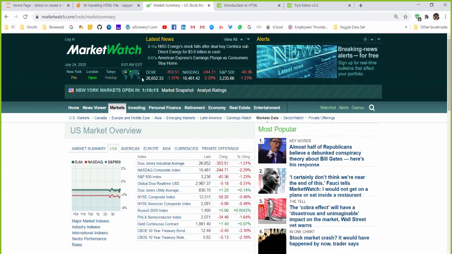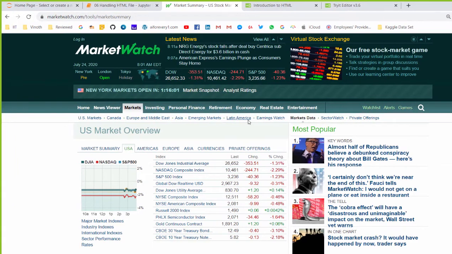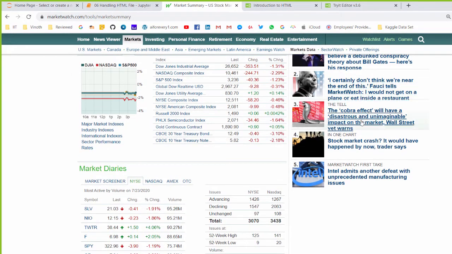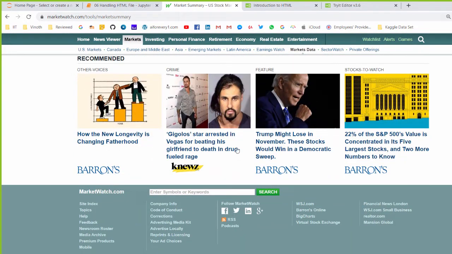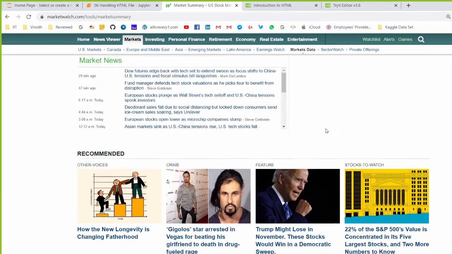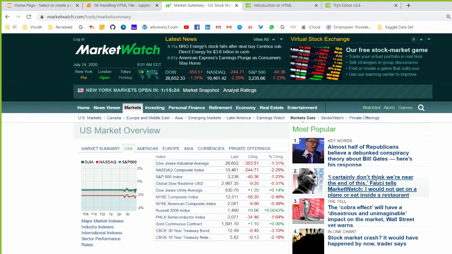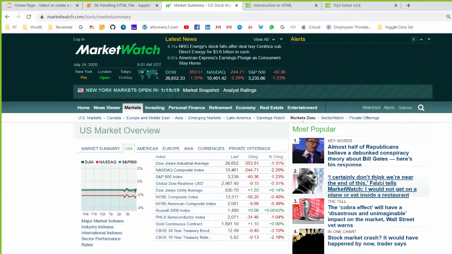Let me explain with an example. We will be using this website, Market Watch. Web scraping is nothing but trying to retrieve all the elements or values present in a particular website. It can be this table or a link. Sometimes, if you want, you can retrieve an image or a list like this. So based on the project requirement, we can retrieve the values using web scraping.